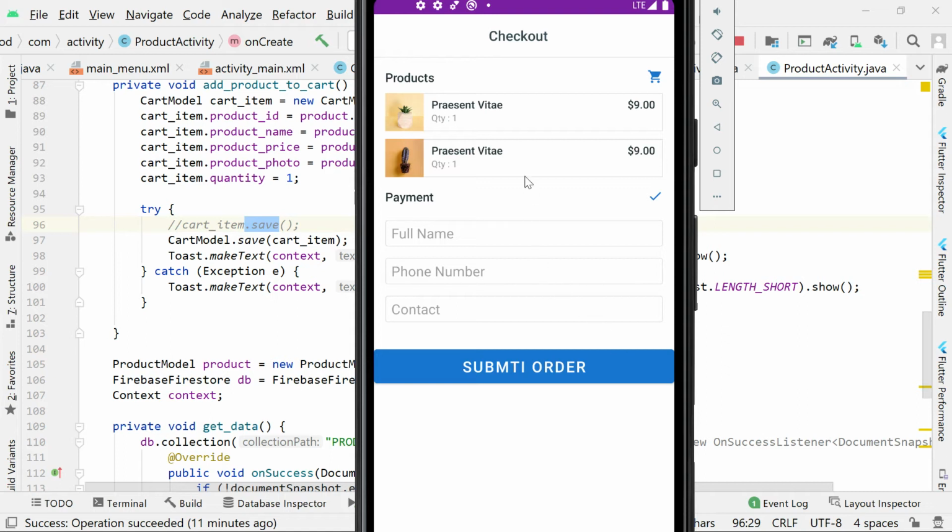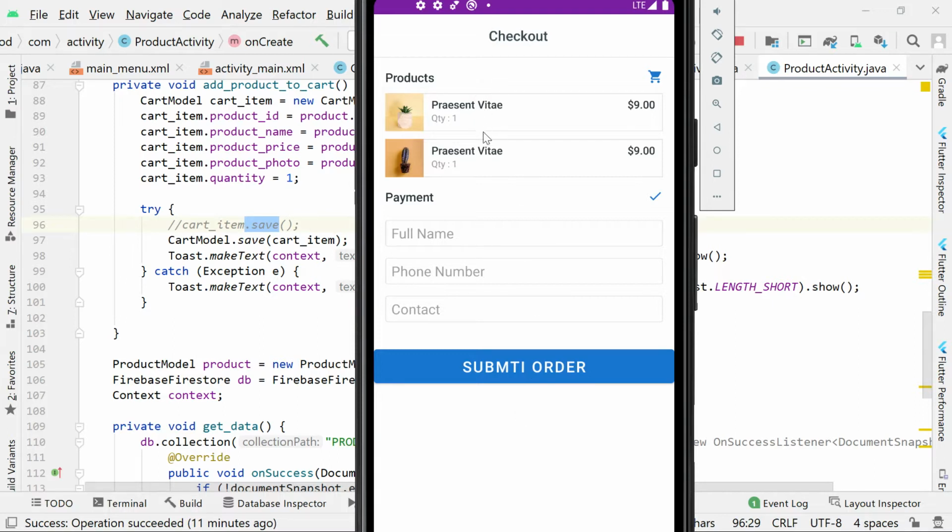You remember in the previous video we were not able to accomplish the checkout system, the checkout section, because the video was too long, so we had to stop it halfway and promise to accomplish it in the next video. So today we are going to accomplish what we promised in the previous video,